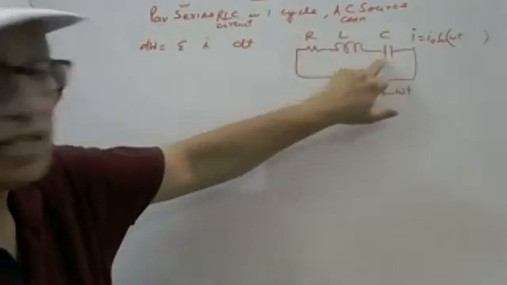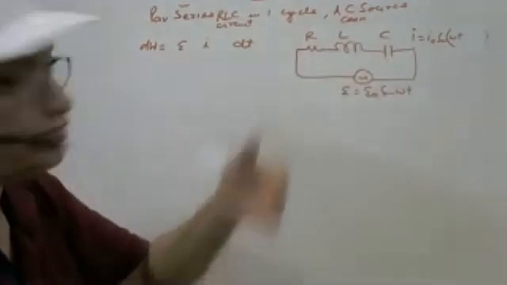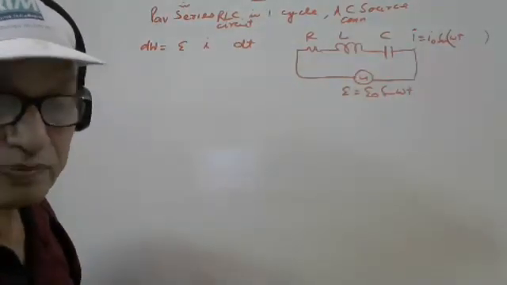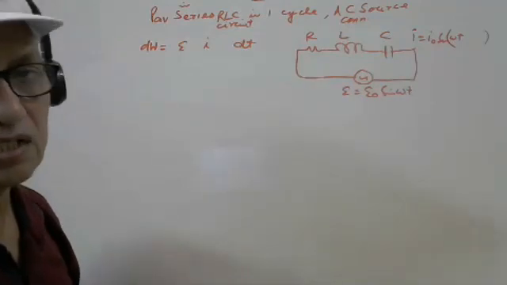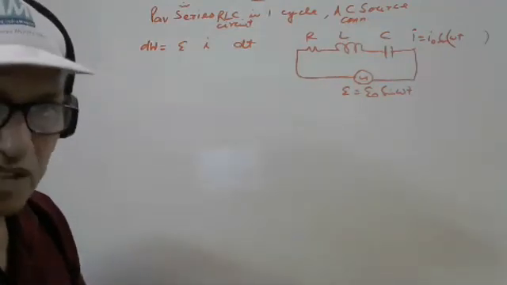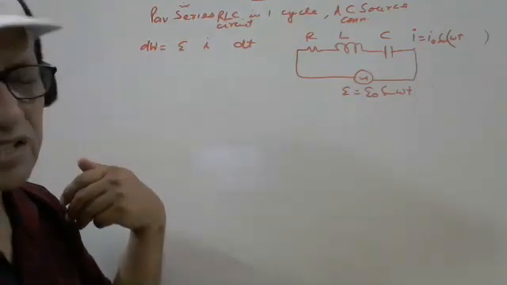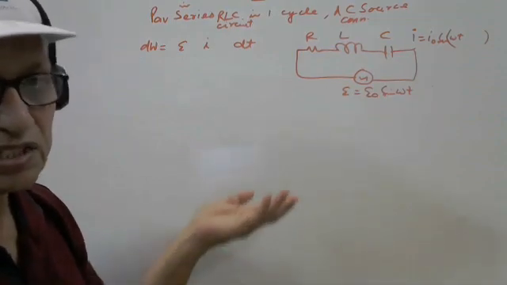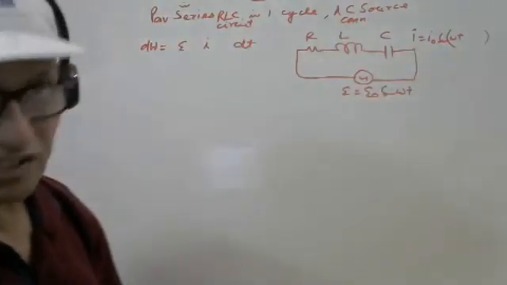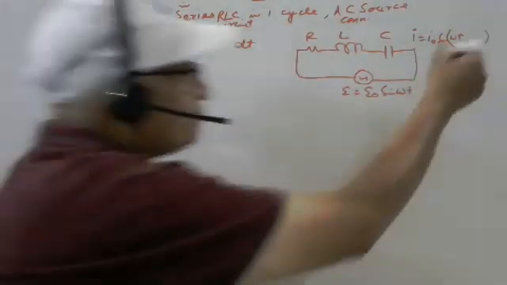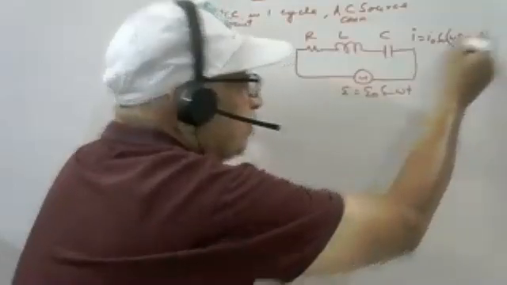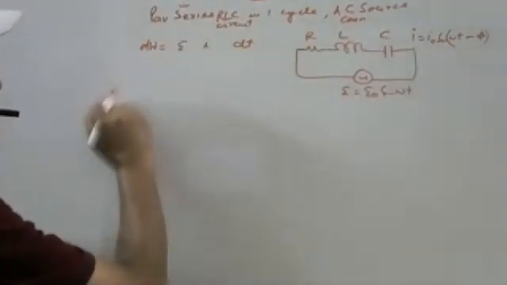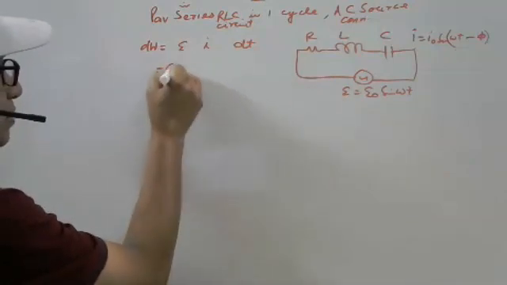It cannot be 90 lagging or leading, but it is a mixture of the RLC series combination. So phi cannot be 0 degree or 90 degree, but something, say phi, either plus or minus. In this derivation, we can take either plus or minus, no problem. In a numerical problem, it will be clear whether it is negative phi or positive phi. By calculation we can find out, but here you can take either minus or plus, 100% no problem.